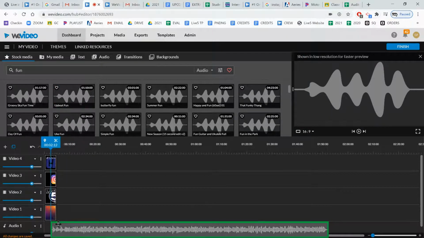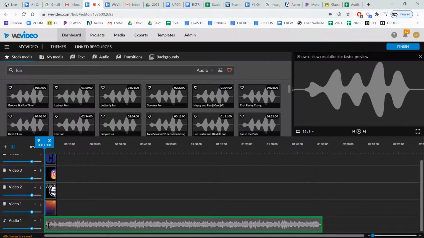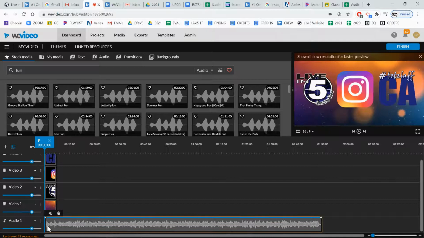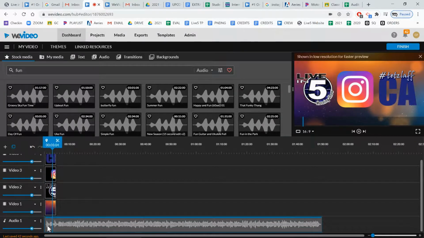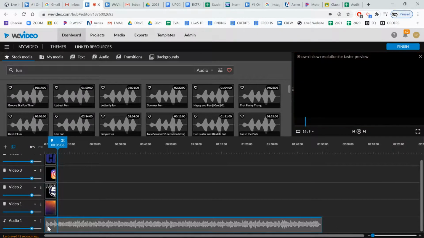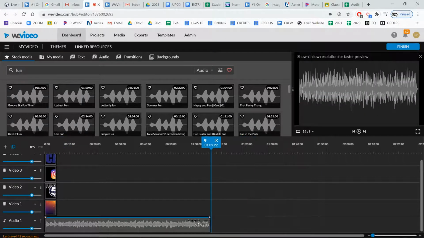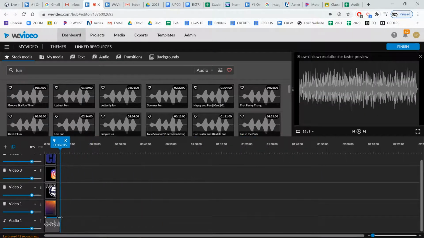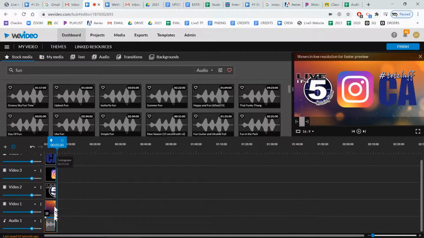And now you notice this is my audio track because it says audio 1. So drag it all the way to the left, and then play it. Now, obviously, the music is much longer than my video, so I can do the same like my background. If I like that, I'm going to grab the end and move it all the way back so it bumps up to my video. So now when I play it,